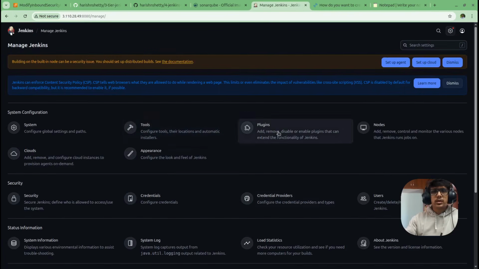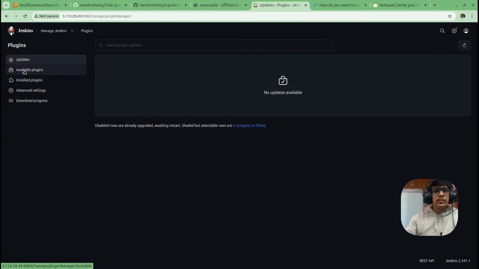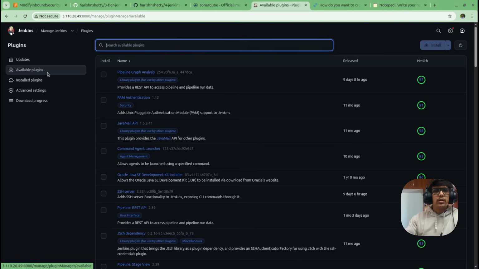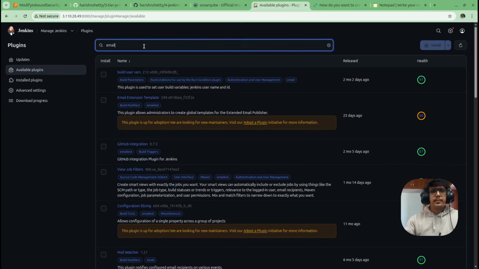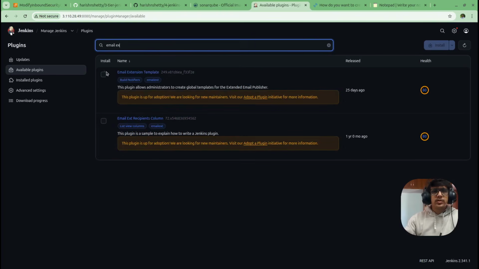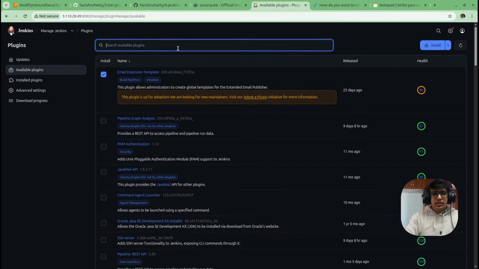Things and plugins, available plugins. Mail extension template and